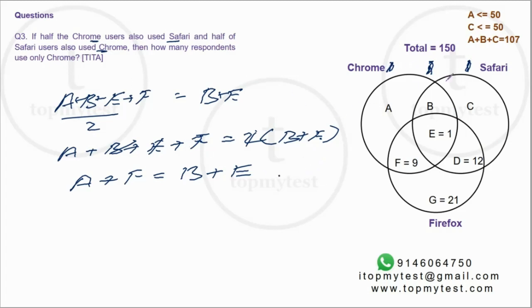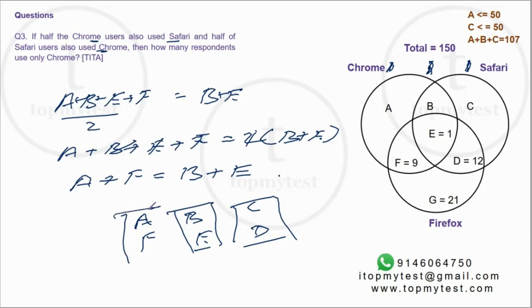So what does this tell you? What it tells you is that if I take this entire region, I can split it in the ratio. So there is one region which is AF. There's one region which is BE. There's one region which is CD. The ratio is 1:1:1. So split is 1:1:1. So if I know the total population A, B, C, D, E, F, I can split it in the ratio 1:1:1. I can find the individual regions.